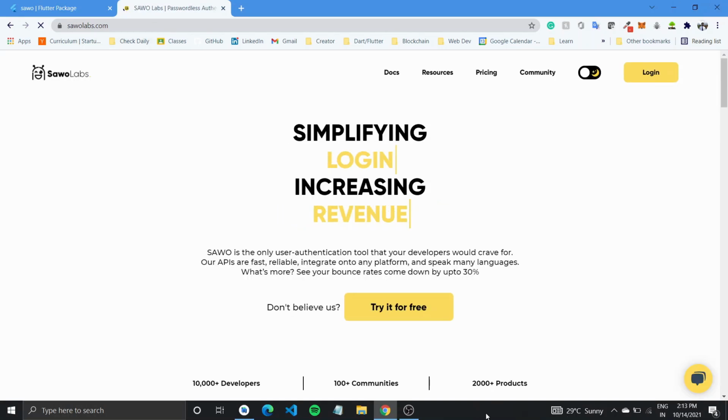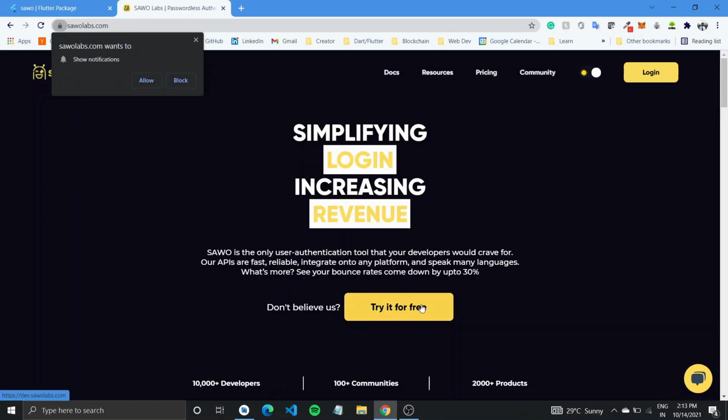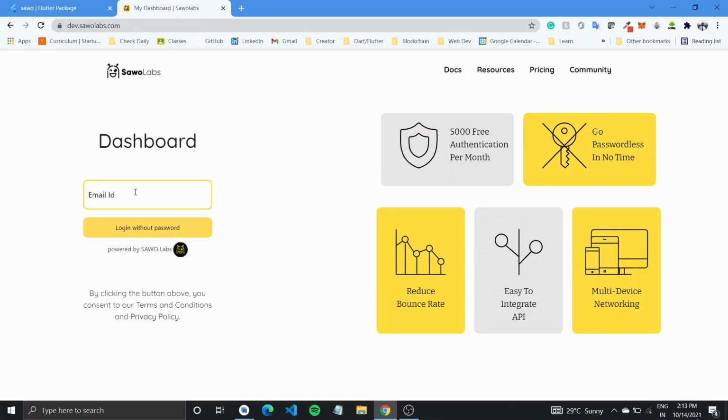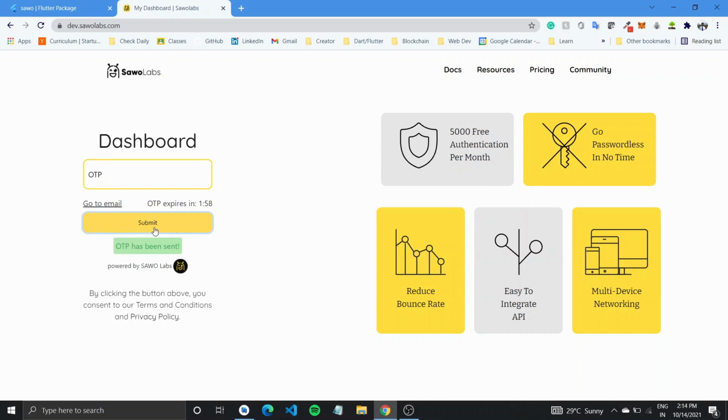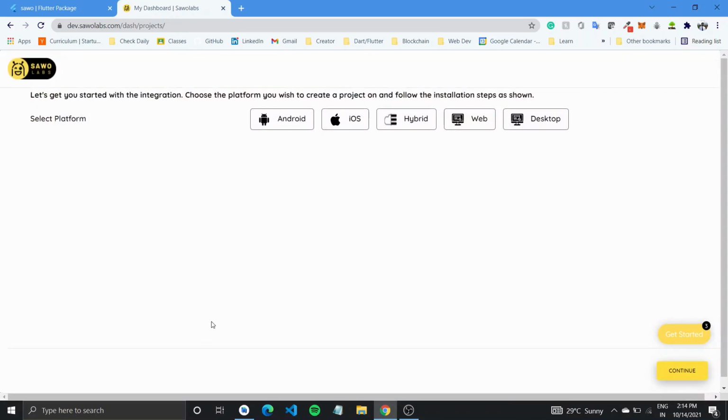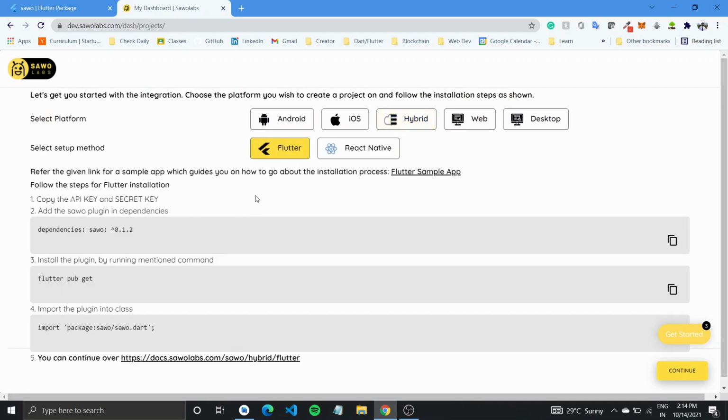Once here, if you do not already have an account, you can create a new account, but since I already have one, I'll just log into my account. All you need to do is enter your email ID and you'll get an OTP sent to your email ID. It should take you to your dashboard and you can simply create a new project, select hybrid, Flutter, and it would also show you the different steps.